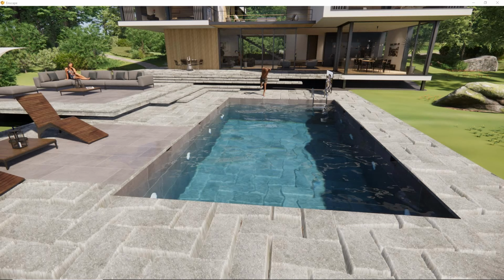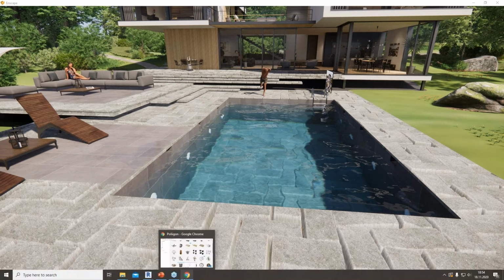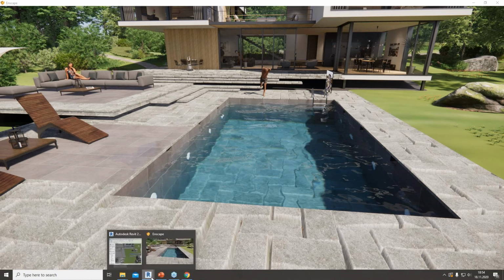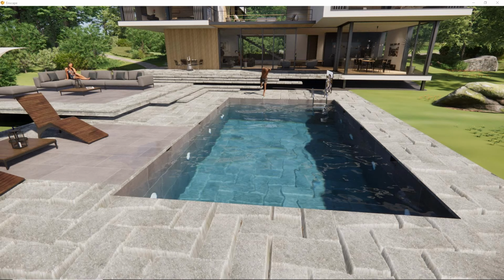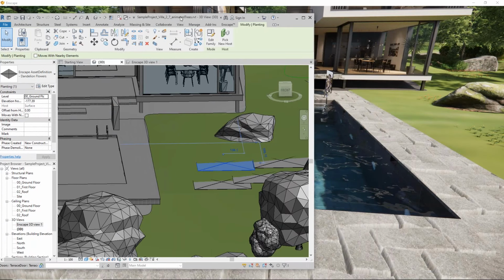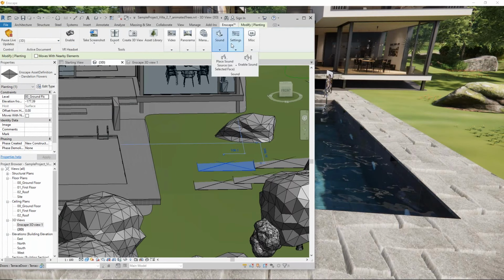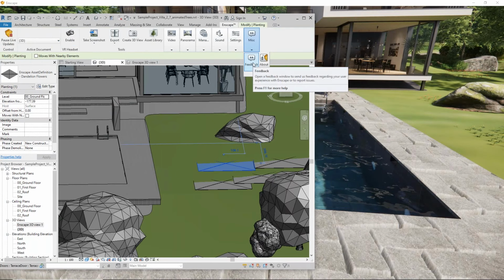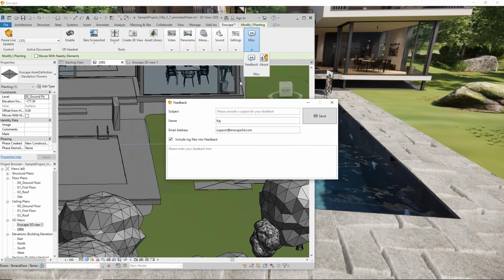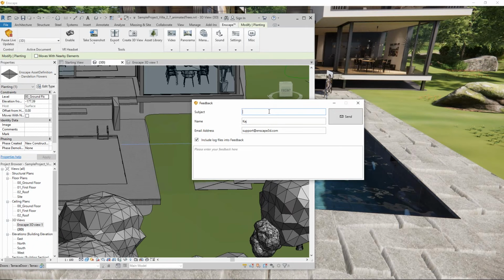I'm sorry to hear that. In those cases, whenever you experience crashes or if something is not displaying the way you expect it to, or anything that looks weird, simply hit the feedback button here in the Enscape menu and send us some feedback. This will include log files that hold all of your computer data we need to analyze the problem, like graphics card driver date, graphics card type,